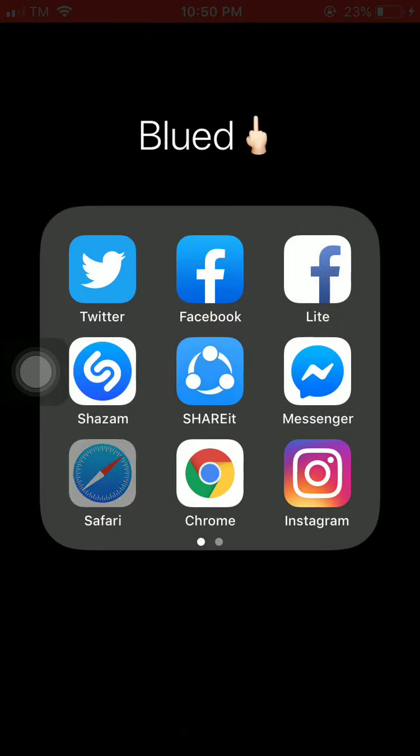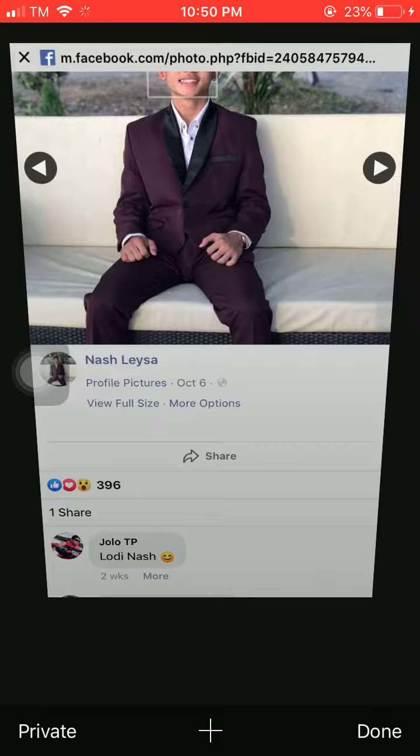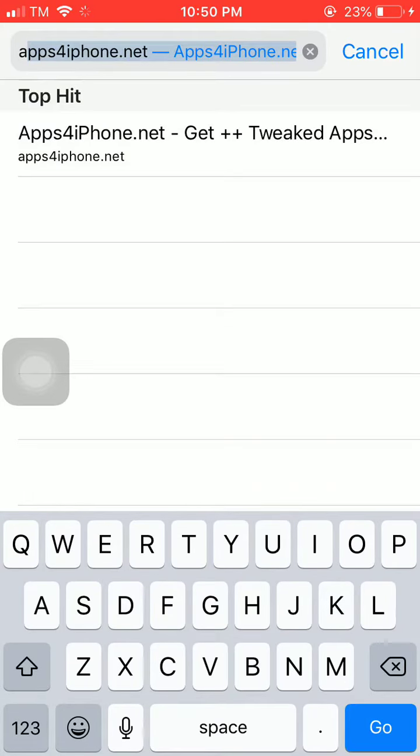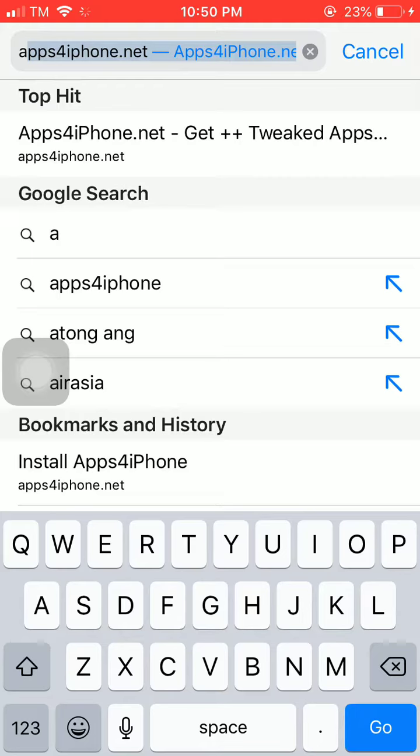So, first things first, you can go to Safari and search apps for iPhone.net.